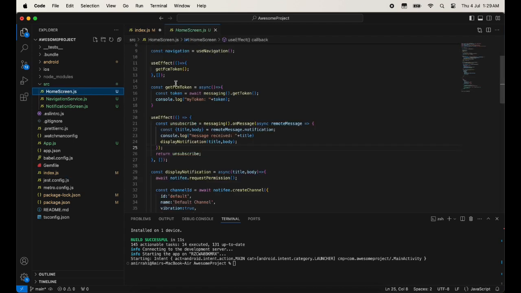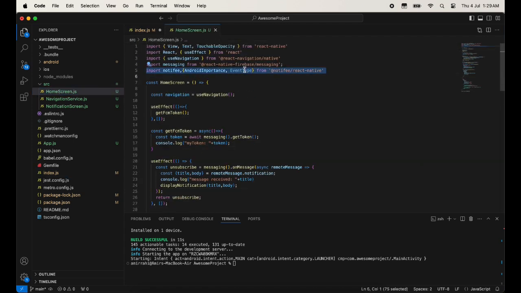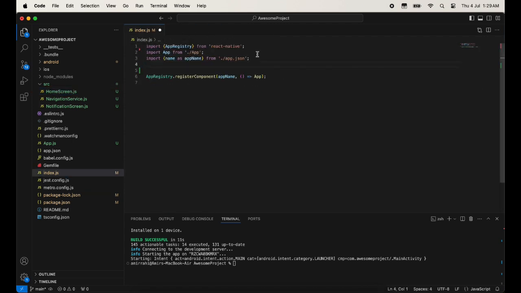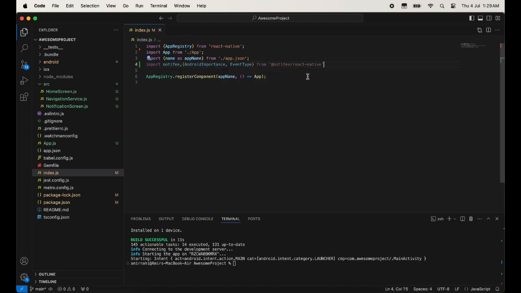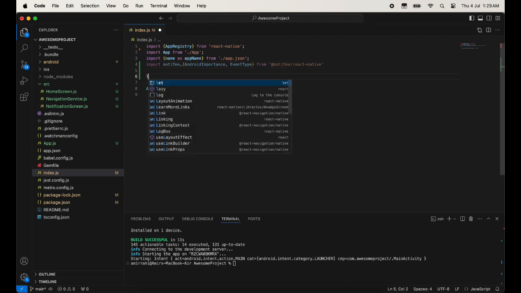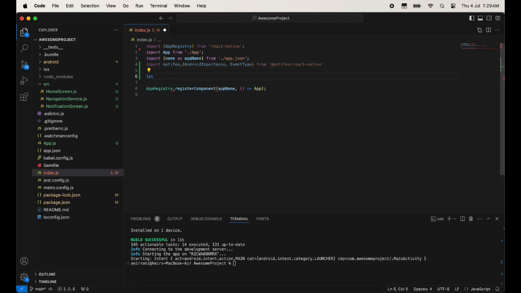Just go inside home screen, copy this, and paste here. And now I am going to take one variable, the variable would be notification displayed, and true. We are using this because